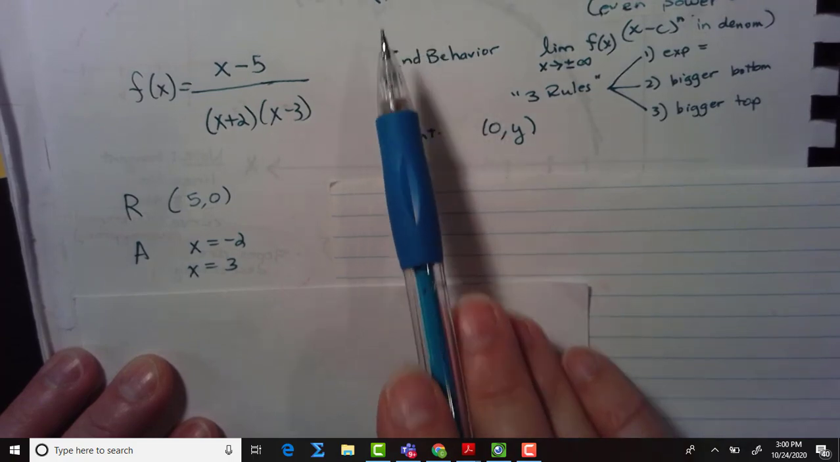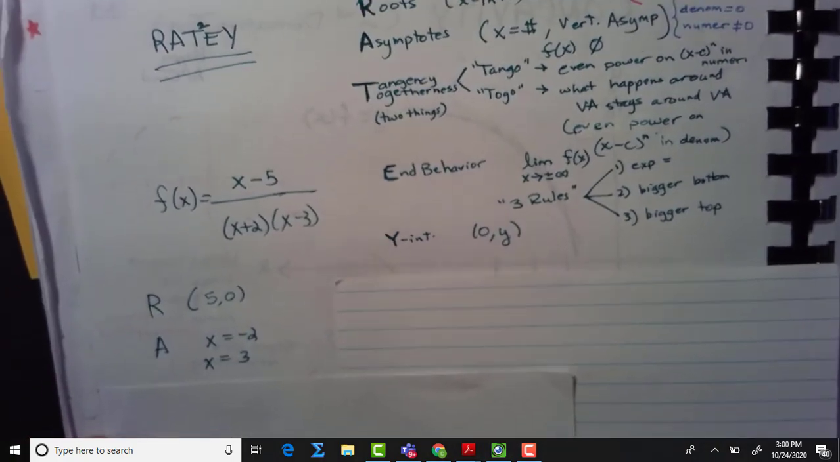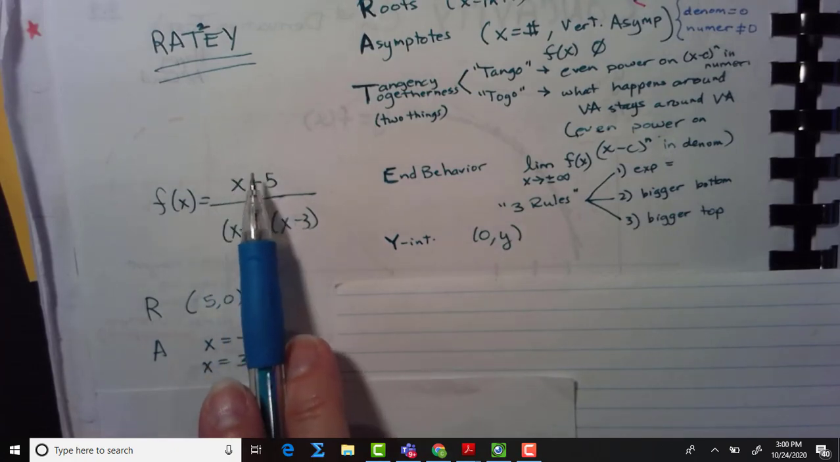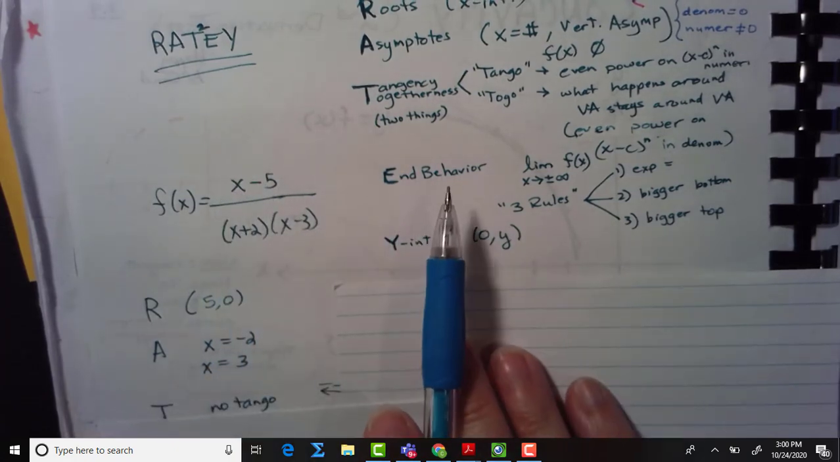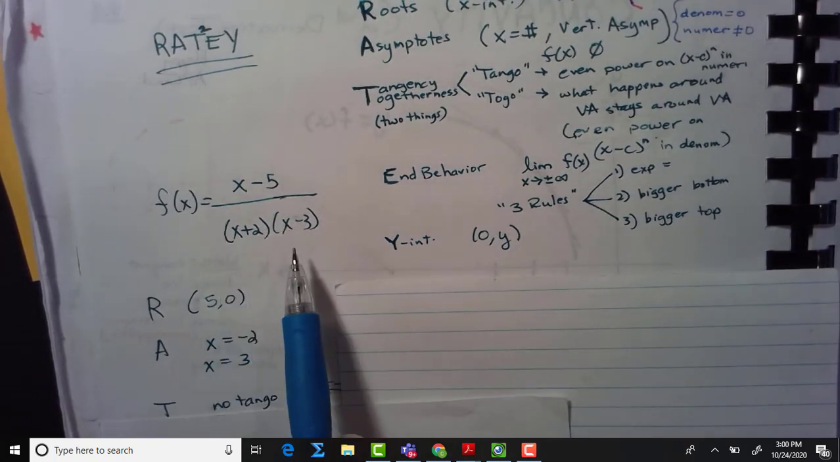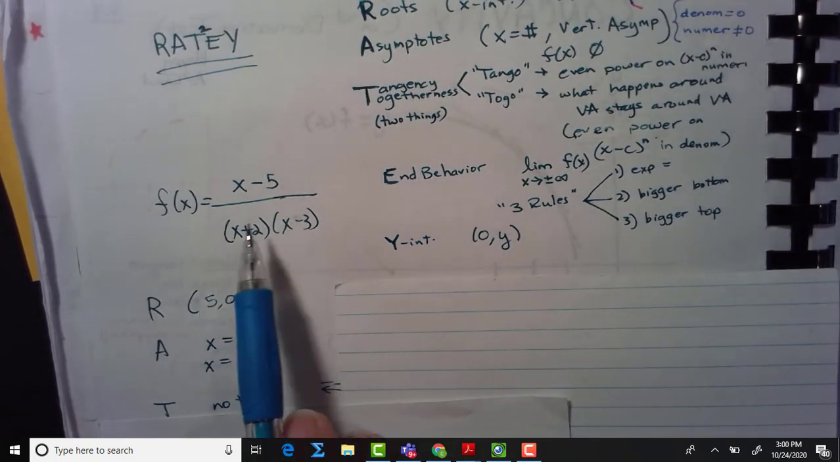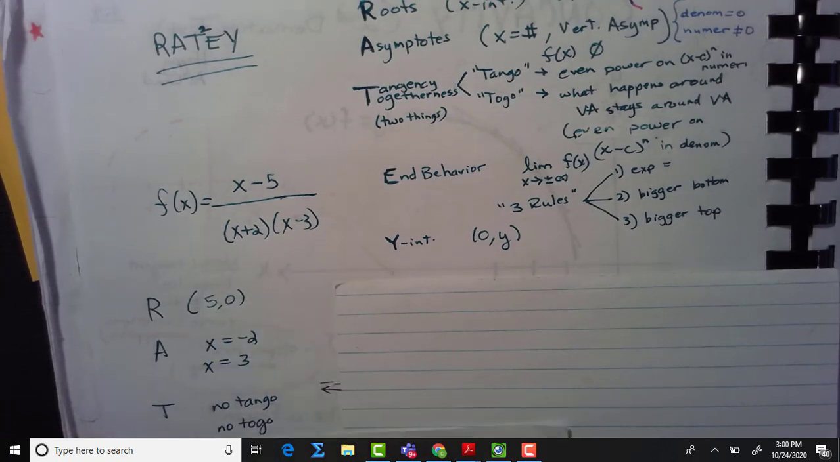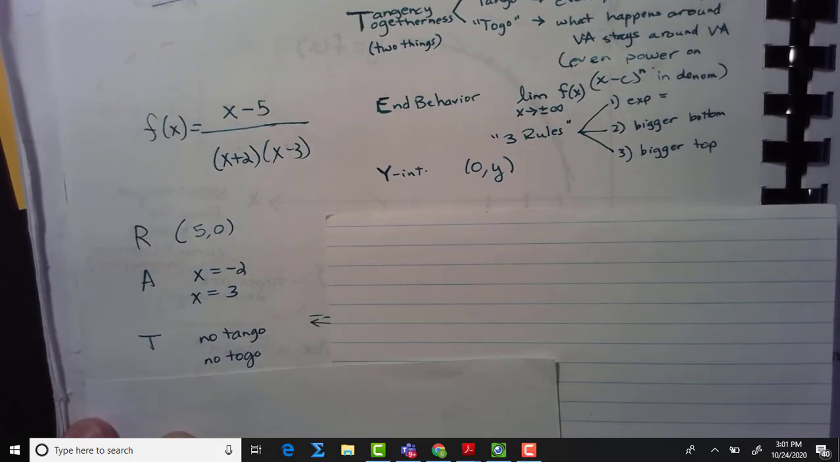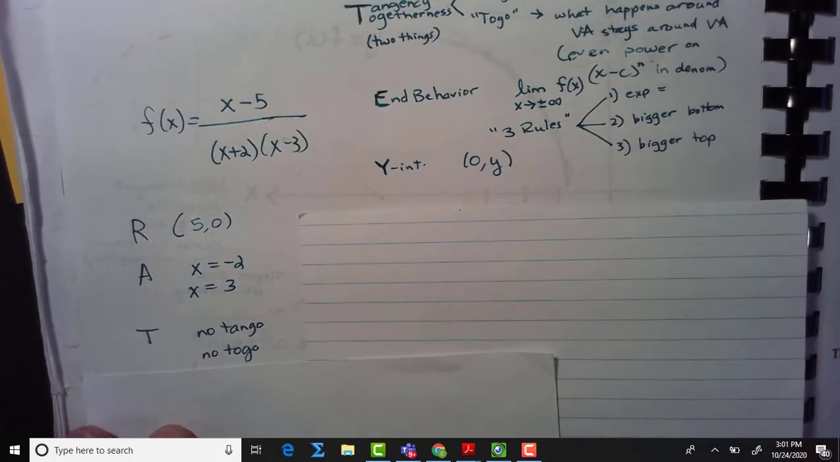What about T? Tangency and togetherness. Do I have a factor in the form of (x minus c) to an even power? I do not. So we do not have tangency. Do I have a factor in the form of (x minus c) to some even power in the denominator? We do not. So we do not have togetherness. What that means is around the vertical asymptote, if we are going towards negative infinity on one side, we're going towards positive infinity on the other as I